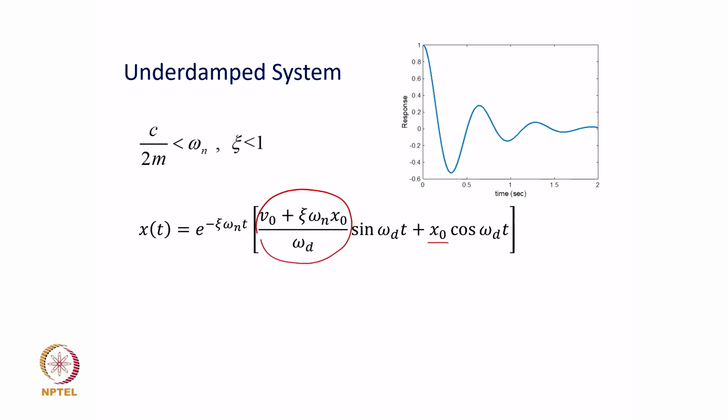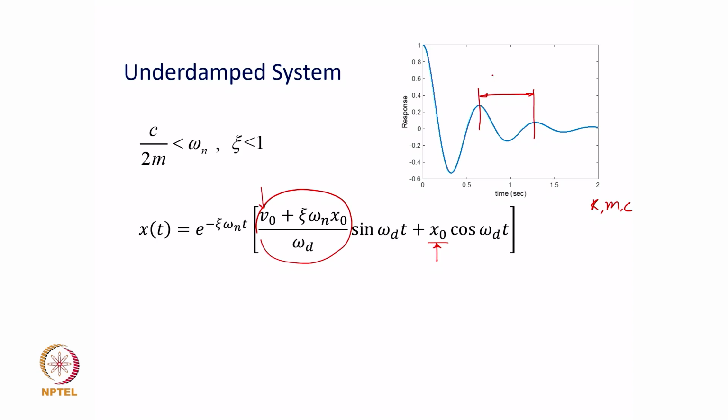You can see that the response for a given vibratory system having its own k, m and c values is dependent on these initial conditions x naught and v naught, right. So, at t equal to 0, how much initial velocity or how much initial displacement, or how much both of them if they exist together, will decide the overall vibratory response as a function of time. That vibratory response will have its own oscillation frequency, which is going to be dependent on the mass and stiffness and damping,